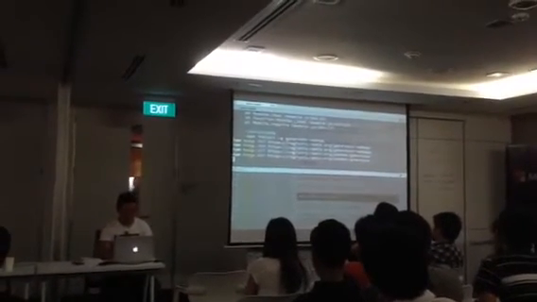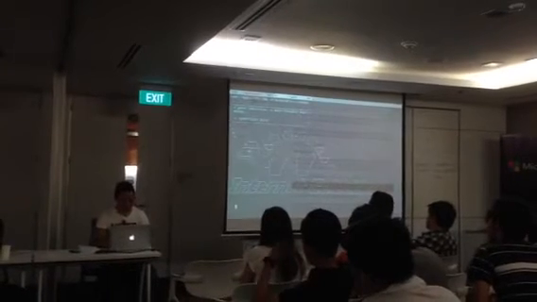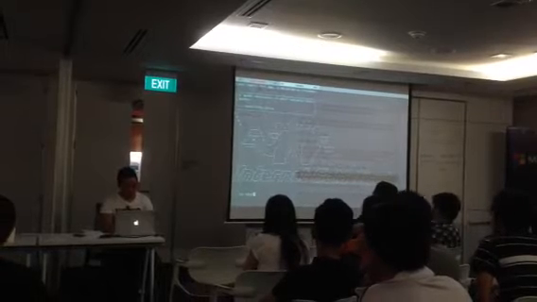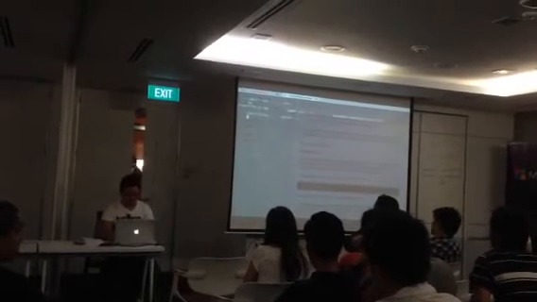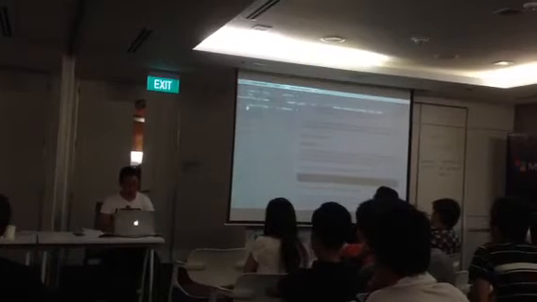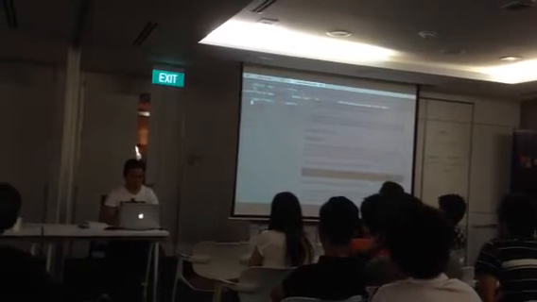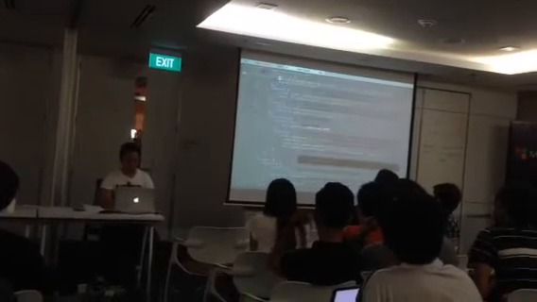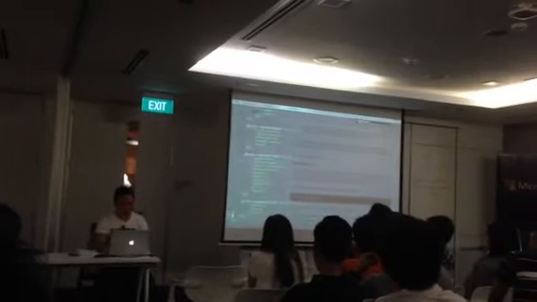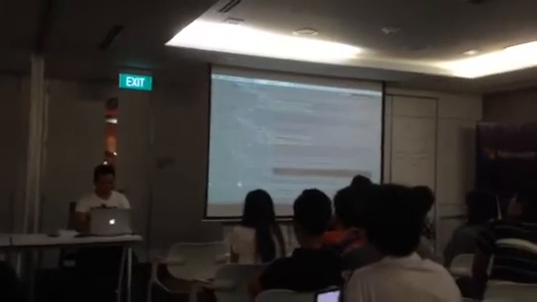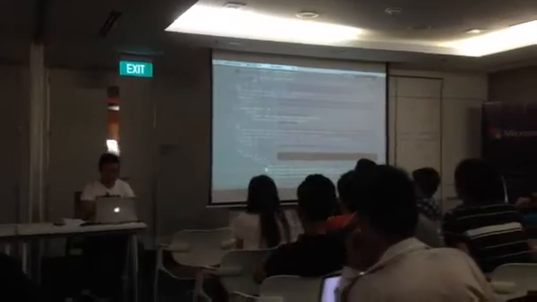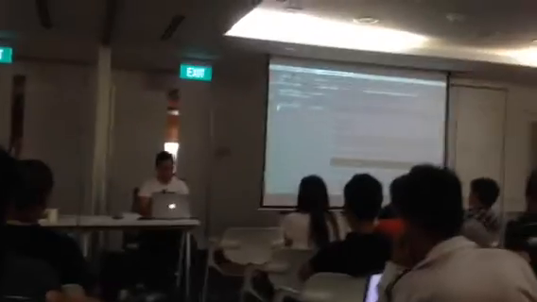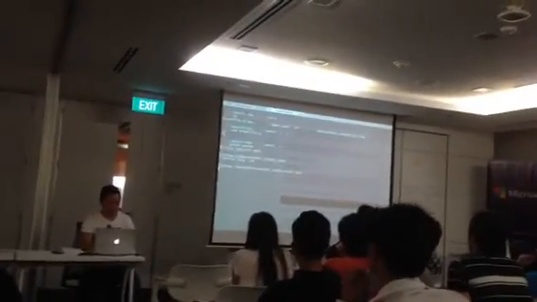Okay. So anyway, I've anticipated this moment, so I'll just go to a project that I've started earlier. So this is how a Grunt project looks like. There's a gruntfile.js, which is the configuration for your tasks. You don't really need to know what happens here, but if you're the type of person who likes to mess with configuration, then go ahead. But yeah, so the first thing, you run grunt server,